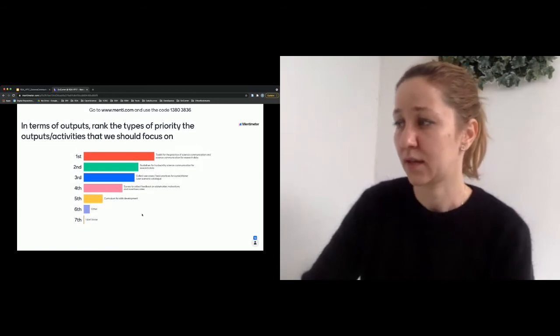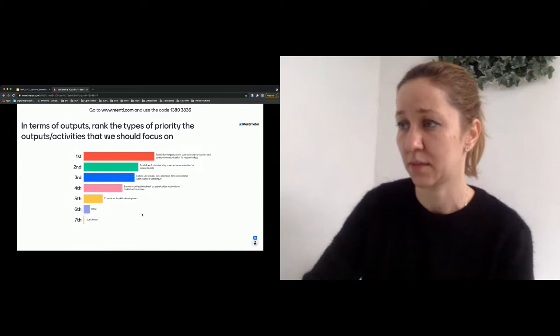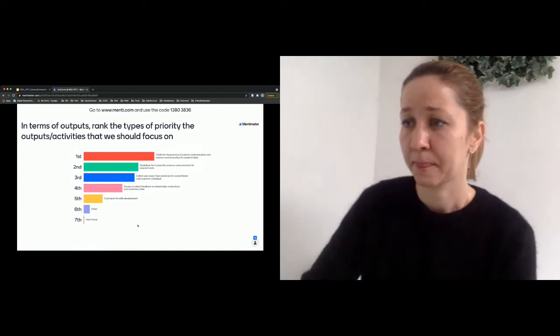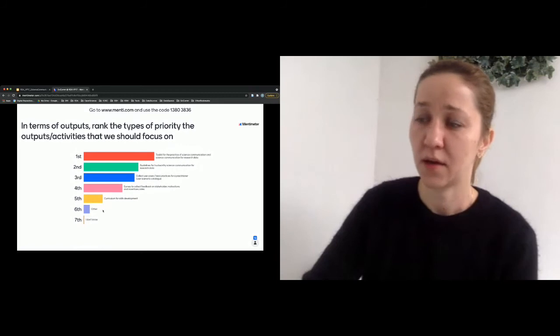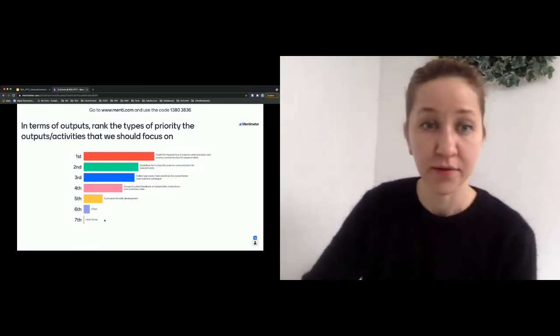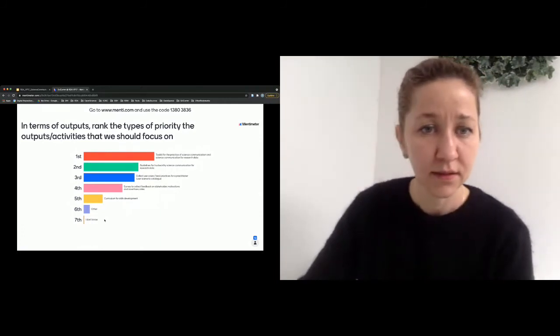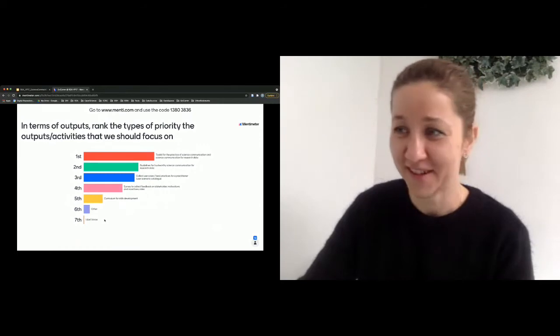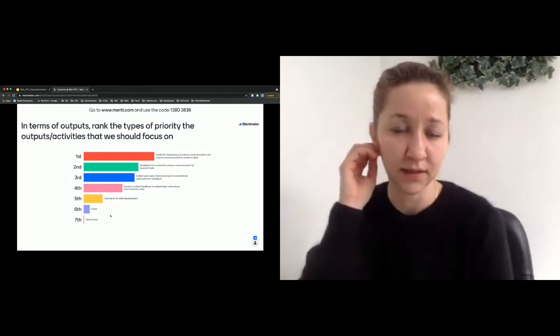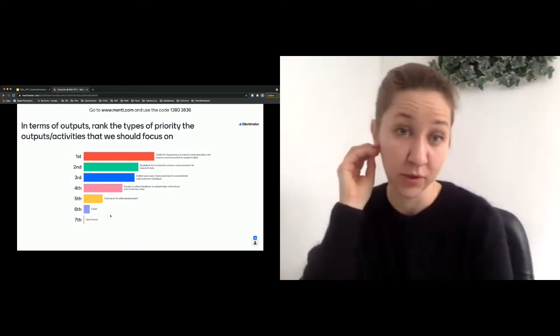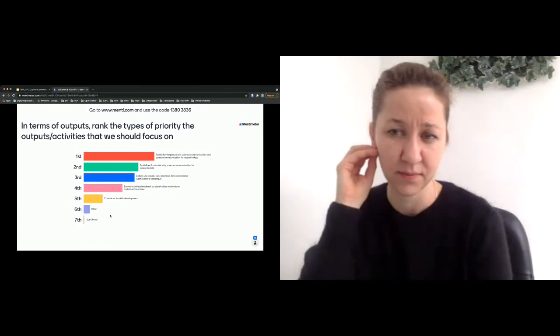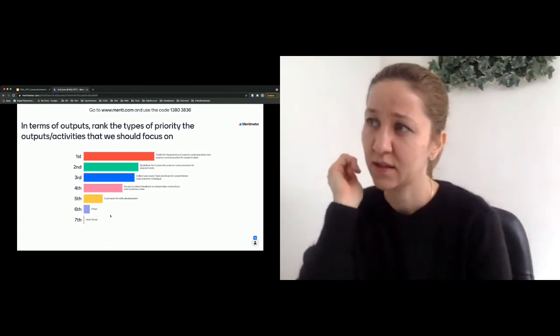I see the toolkit is at the top. There are 16 answers. Guidelines are next, and collecting use cases and best practices. Okay, I see that there's also an answer to others, so I'm very curious. Please feel free to speak if there are points that are missing, or other potential outputs that we might be able to look at, which would be of interest to address the topics we prioritized.